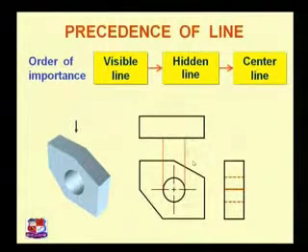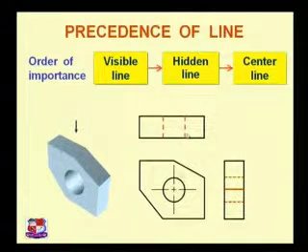Similarly, the dotted lines of this circular hole in top view would appear like this. Here a circular hole is made, so this face and this face would not be visible in top view, so it is shown by dotted lines like this, a dotted line between these two faces. After drawing this dotted line,